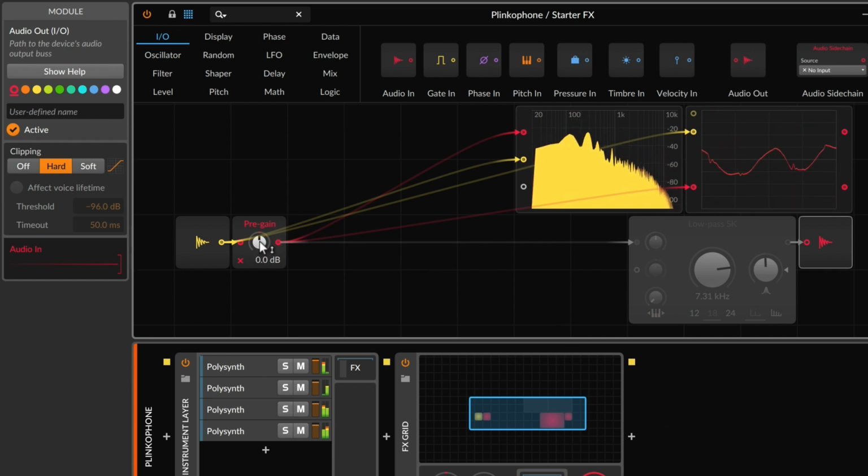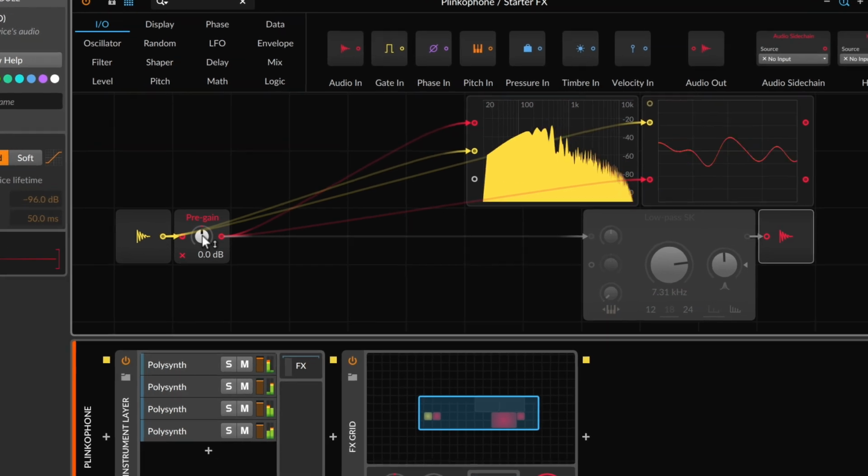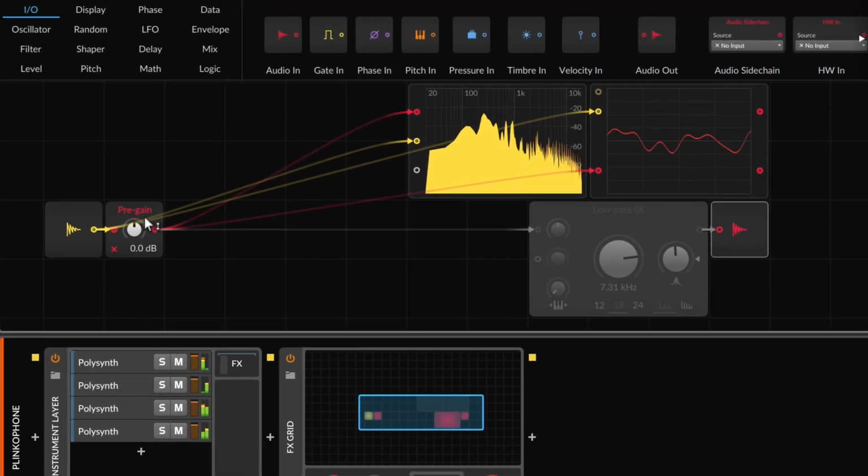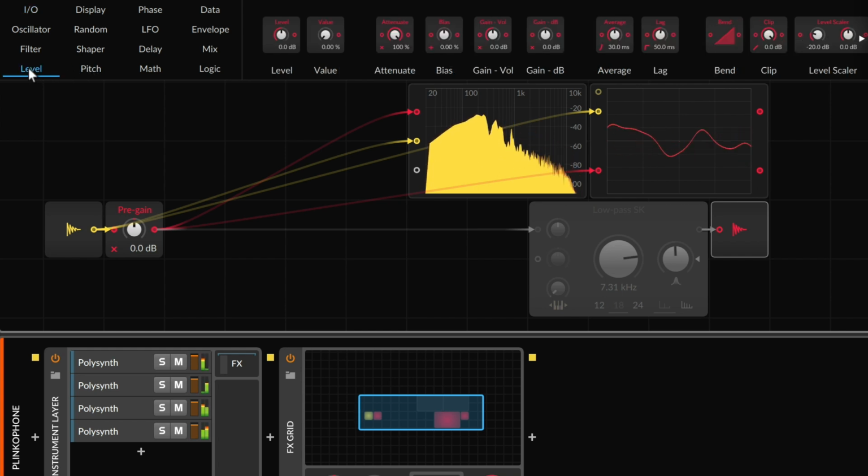Now, this isn't how we want to create distortion because we want to be in charge of what's going on. So we talked about gain. We talked about clipping after that. So if we were to look at the level category, we do have a module called clip, which will let us define the amplitude at which we should start flatlining. And again, we'll start seeing two different signals over there now.